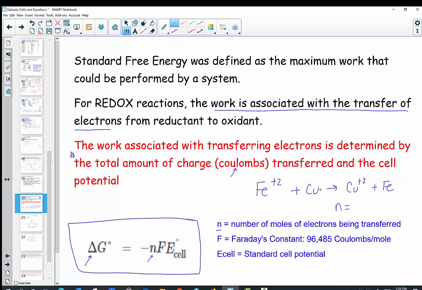Well, the net charge over here is +2. The net charge over here is +2. We've had 2 moles of electrons being transferred. If I see 3 magnesiums